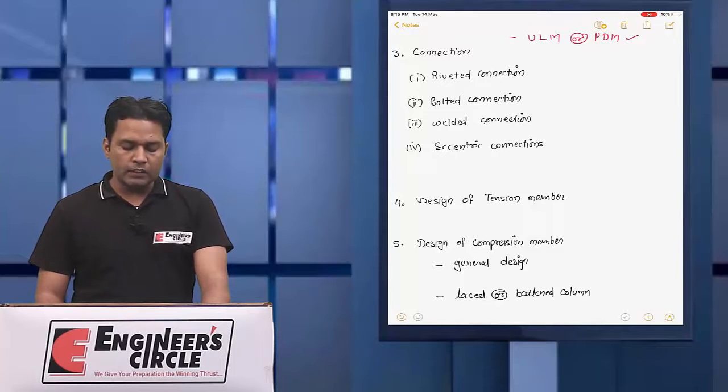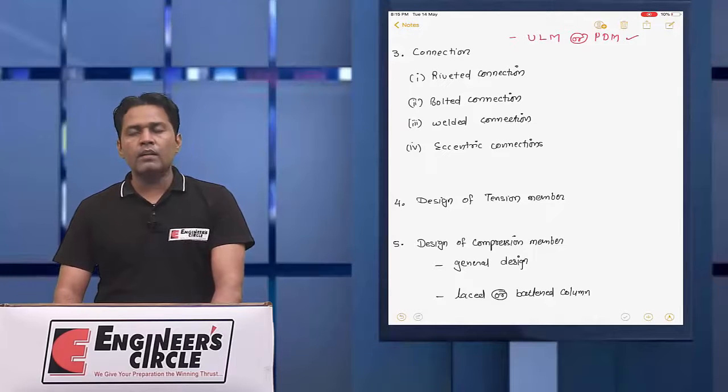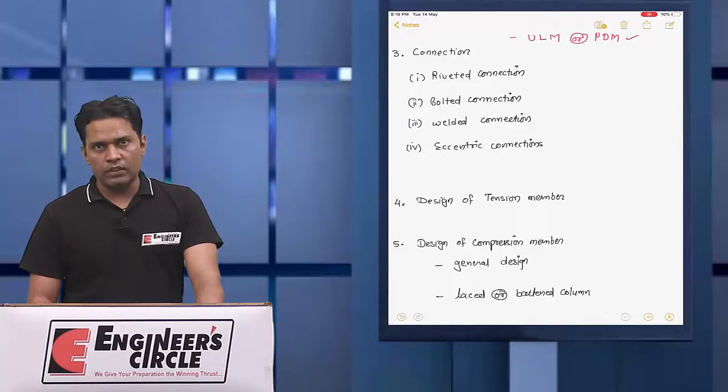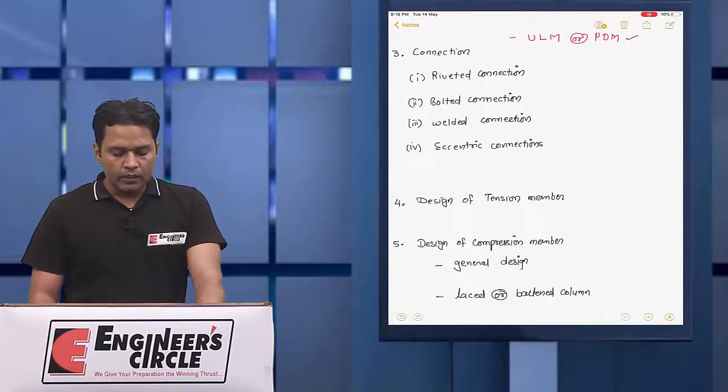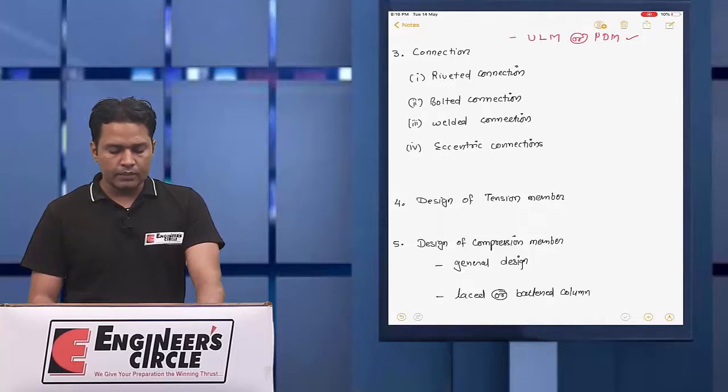All three connections, bolted, riveted and welded, will be covered for the axially loaded case, and all three will be covered for the eccentric loaded case too. These will be discussed from both methods, that is WSM and LSM.